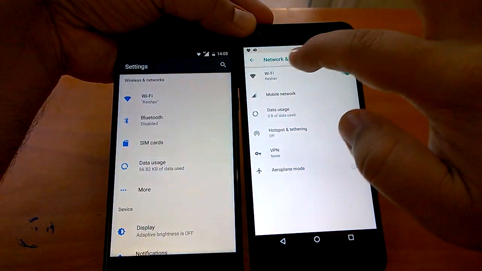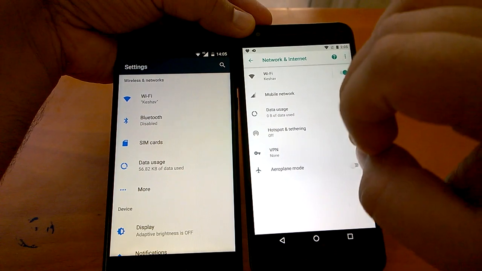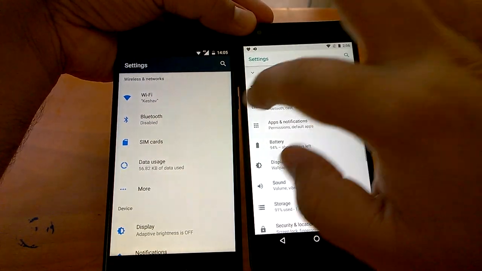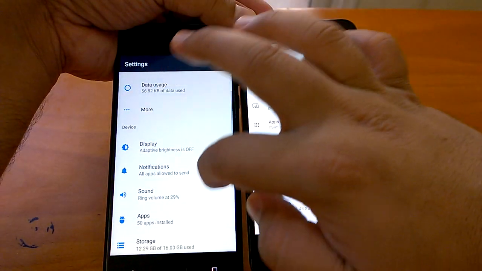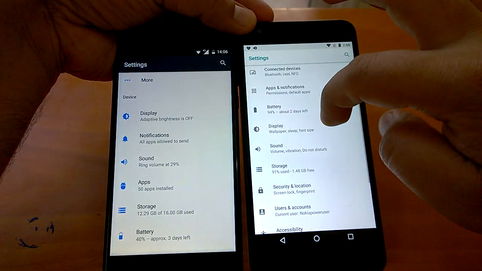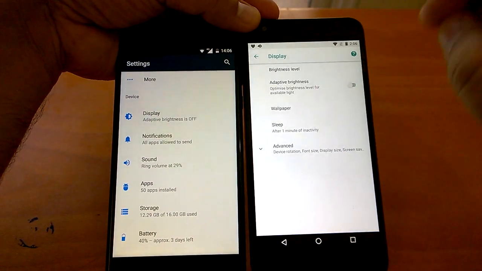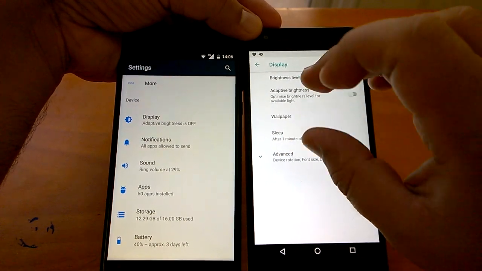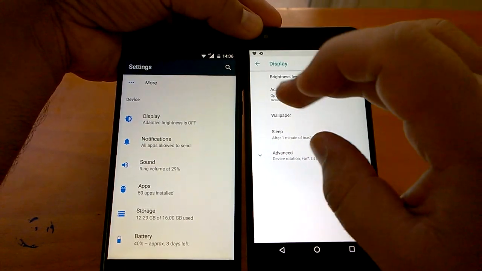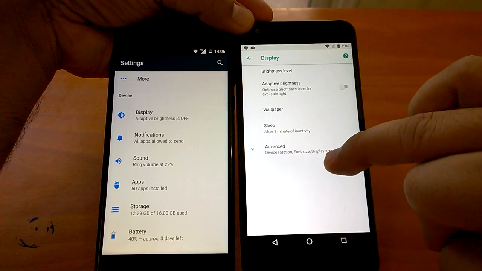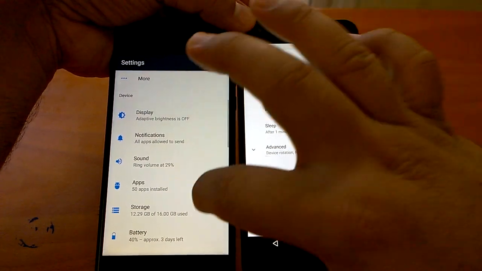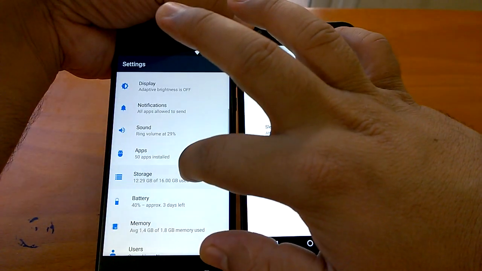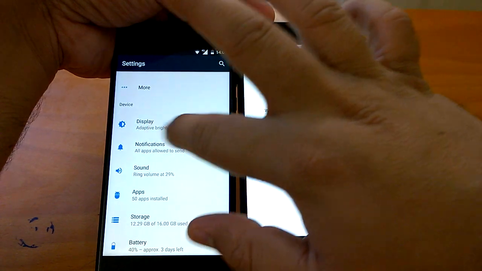So when you come here, you can now notice all the different options. So this was for network internet. If you go to other, like device and display, so now you can notice another change. Not only are there submenus here, but also under this display menu, many options are under this advanced. So here, as I said, if you go to display,